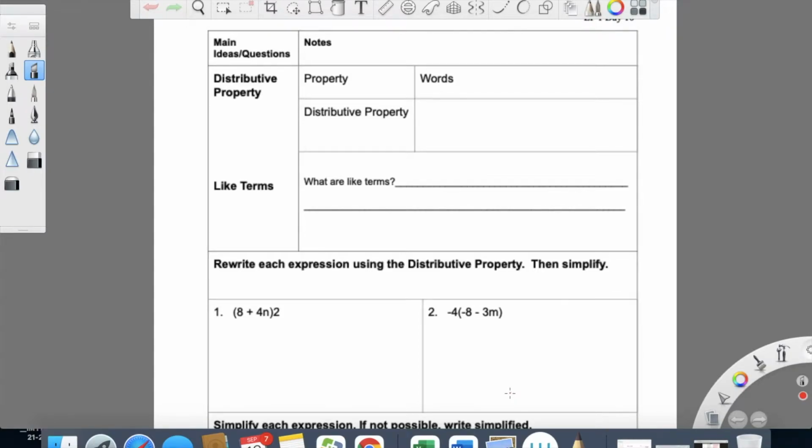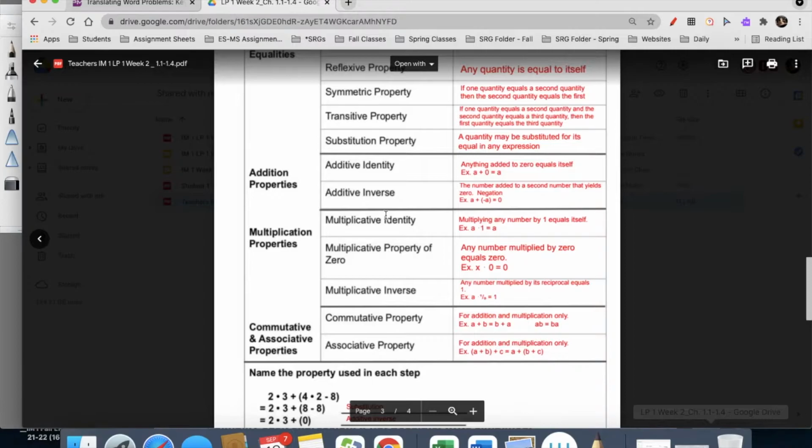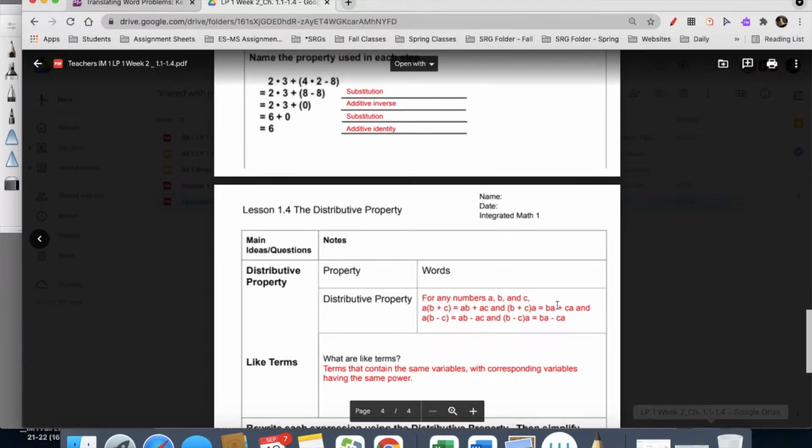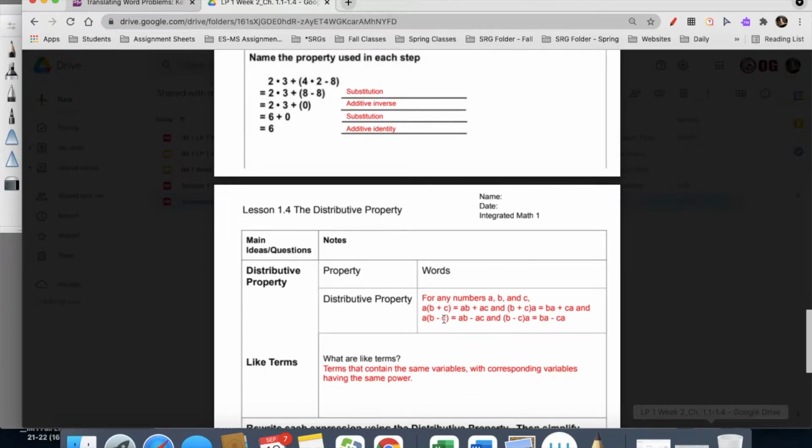Alrighty, so this is lesson 4 in chapter 1 for IM1, and this is all about the distributive property. So first, we want to look at the distributive property and what that means. You can look at your textbook for the word meaning here. This is the definition from the textbook, and instead of writing out the whole thing, let's go ahead and